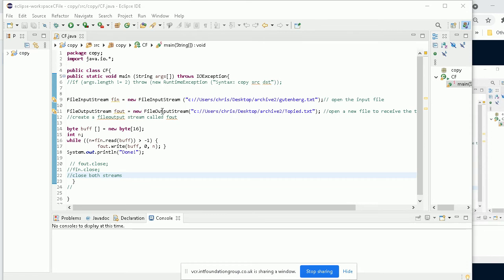So I'm creating a new instance of it, but I'm attaching it to this file. I'm linking it to this file. Remember, this file can also be regarded as an input stream. A file is, or an output stream. In this case, it's going to be an output stream. In this case, it's an input stream.